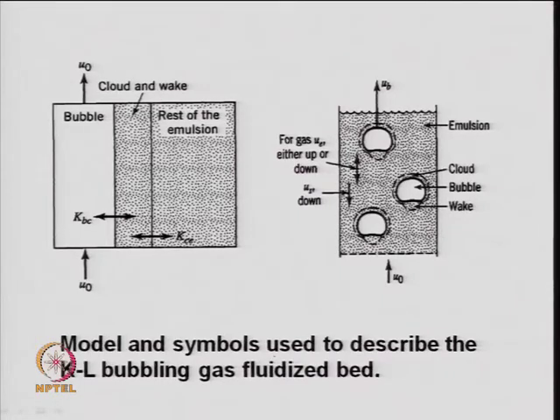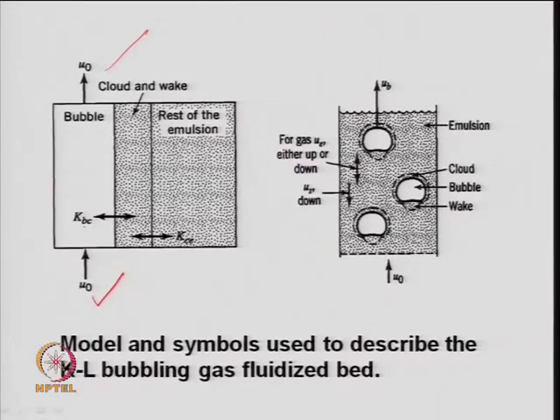So, in order to understand the transport property, as I said, there is a reaction and there is a mass transfer. Here you have a gas at superficial velocity u0. This is representing the superficial velocity of the gas, right, and it passes through the bubble. So, total volumetric flow rate is constant. u0 is again the superficial gas velocity in the exit.